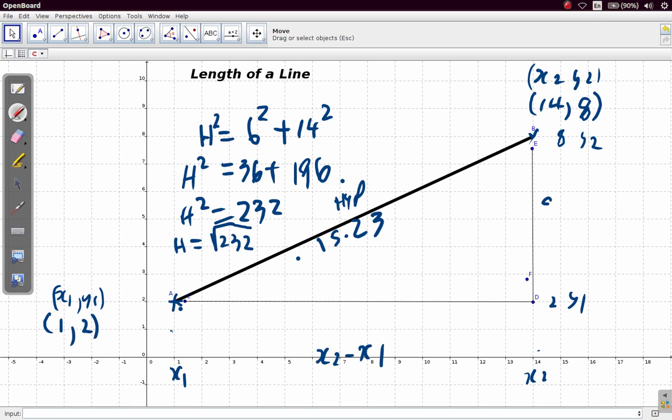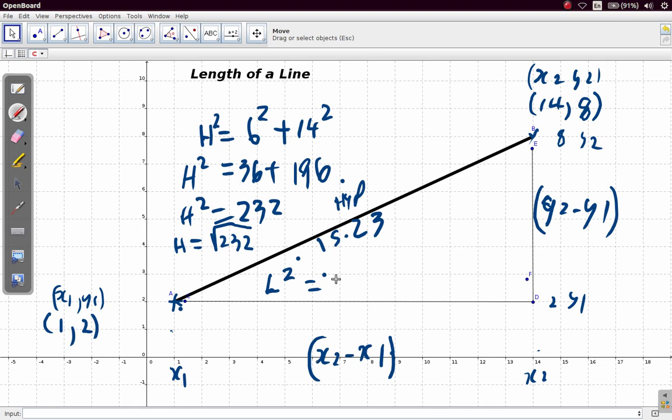So it is y2 minus y1. Now what we did earlier, let's put these in brackets. What we did earlier was to calculate the hypotenuse squared as being this length squared plus this length squared. So the length of the line, L